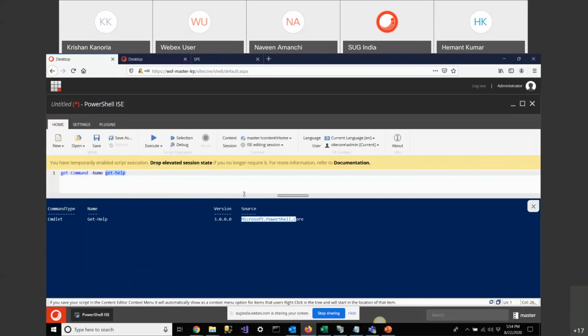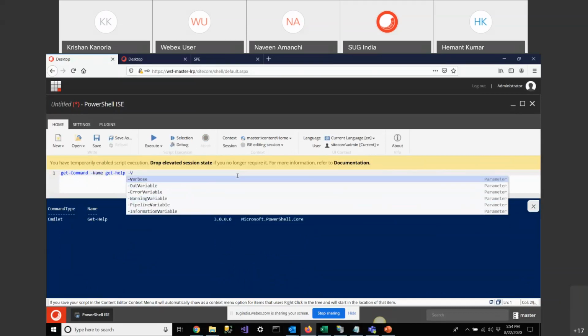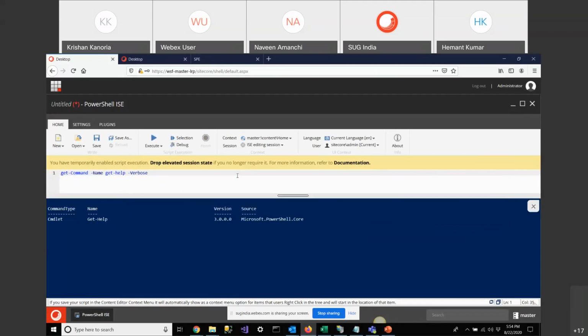Suppose I can provide some switch here. These are the switches. Suppose I provide -Verbose, this is a kind of switch, which is like an on and off. If you are writing a script and you want some result to be displayed or not displayed, you can use verbose like this.